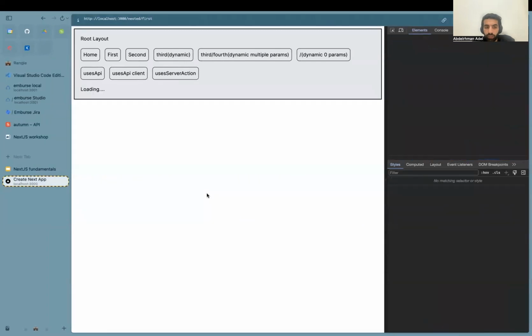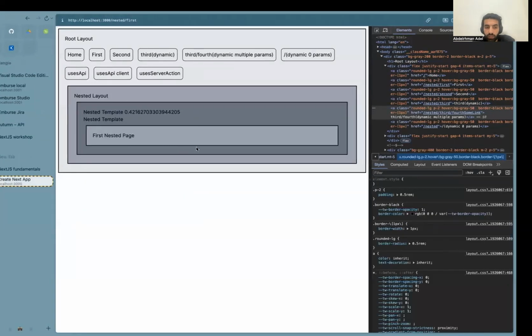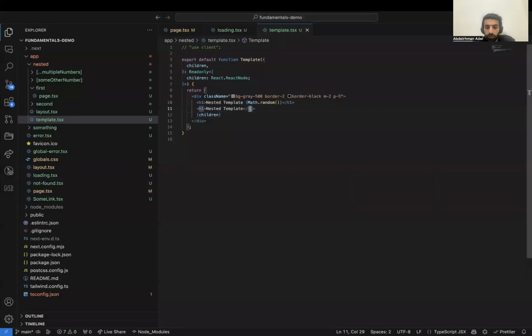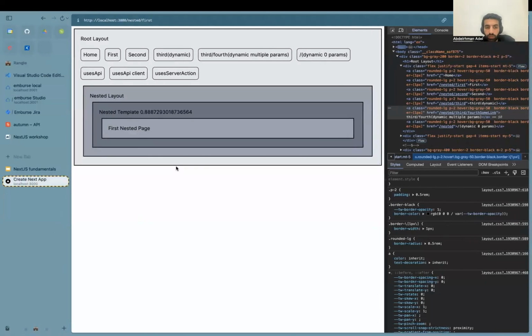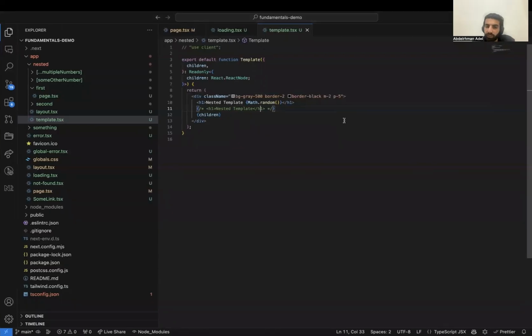So if we go here and then I start doing this, that part, you will see that every time I refresh, it works. But if I switch between second and first, it doesn't get re-rendered. That's weird, but it's only because this is a server component. But if I say that this is a client component,